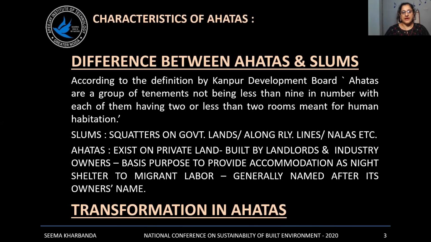Now the point which comes to our mind is what is the difference between AHATAs and slums, since the facilities and the looks seem the same. But the basic point of difference is that AHATAs are built on private land, whereas slums are squatters on government land, or along railway lines or along the nalas. AHATAs were built by the landlords and the industry owners, and the basic purpose was to provide accommodation to the migrant labor. Generally the AHATAs were named after their owners, such as Manju ka AHATA, Fazal Hussain ka